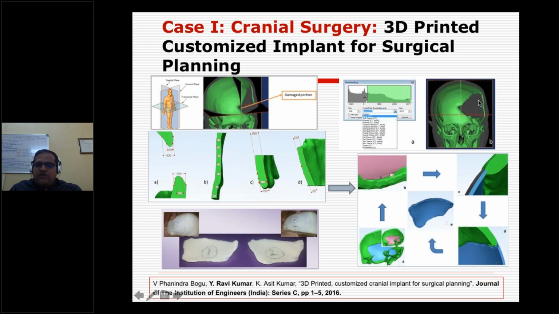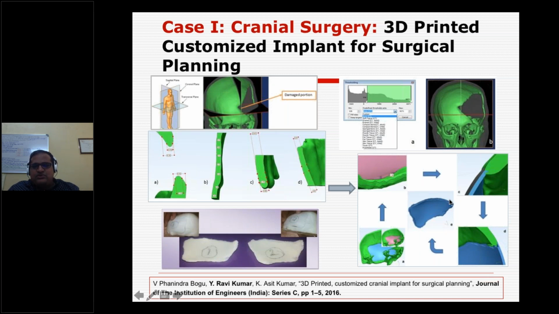Because you have a brain, and of course you have a fluid called cerebrospinal fluid, CSF. CSF is the fluid which is pumped from the brain to the spine. So it is a liquid, something like water. So of course we need a tight fit of the implant to the skull. That is the challenge, because the thickness is varying. It's not a constant thickness where the skull is.